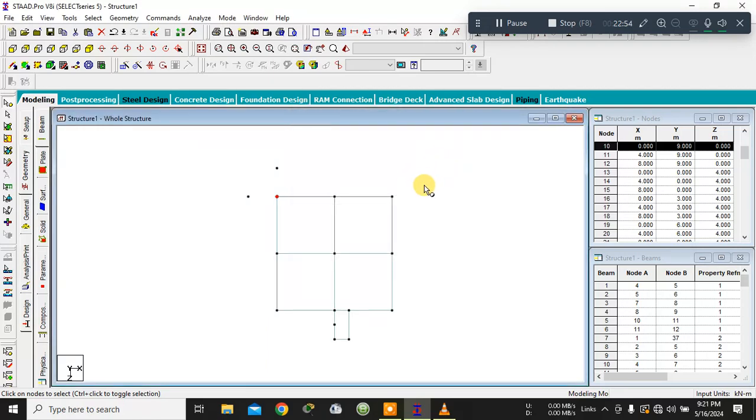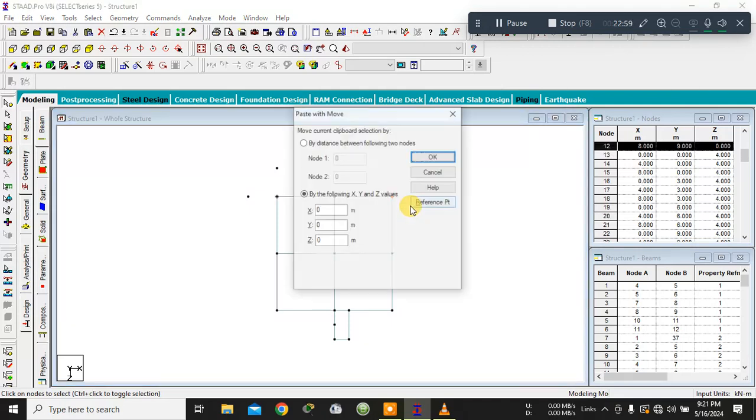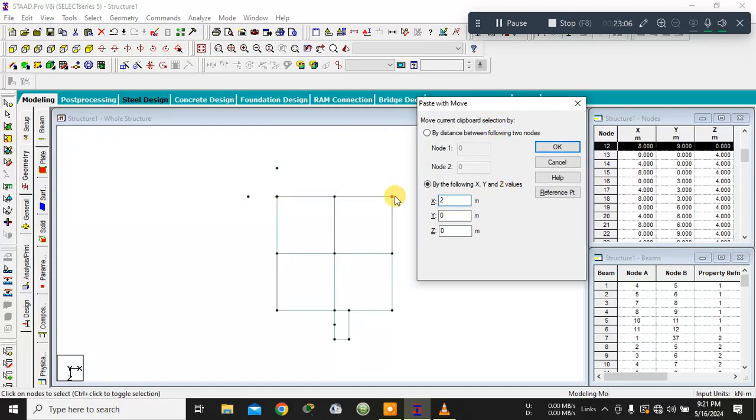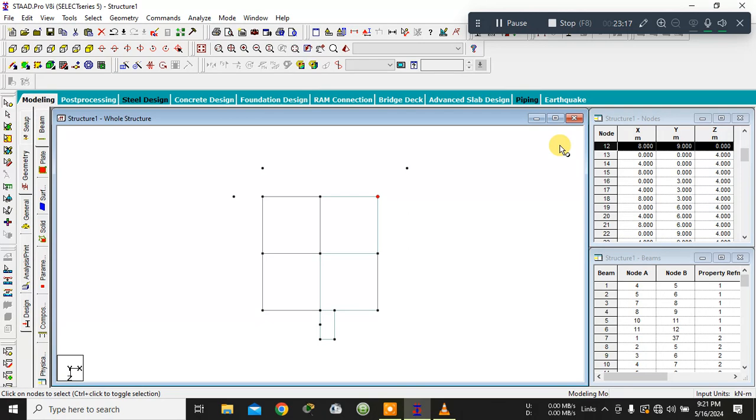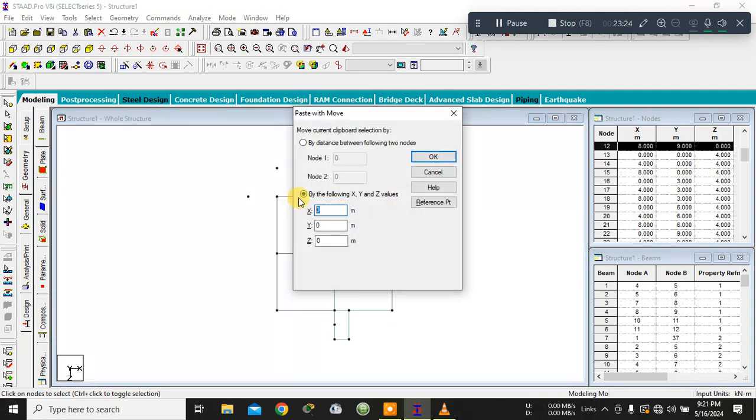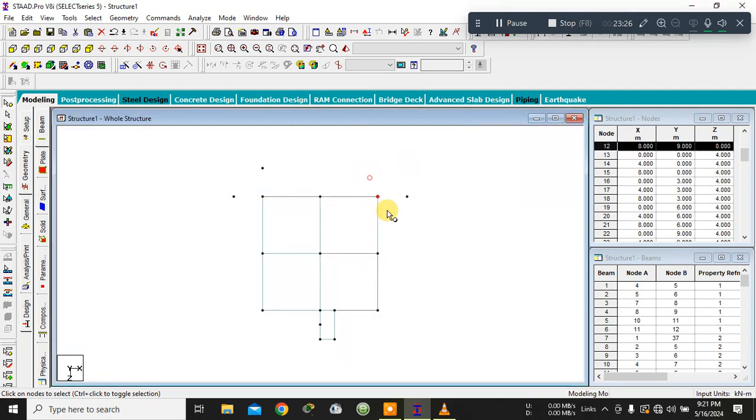Now after that, 2 meter will be created on this, 2 meter on the x axis and in the minus z also -2. 2 meter x, 2 meter in